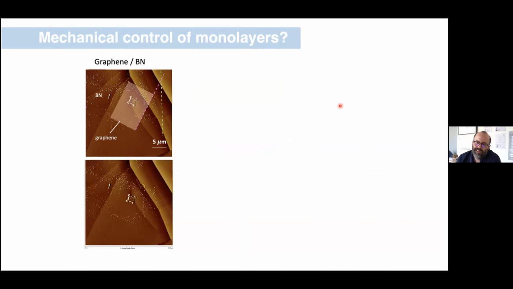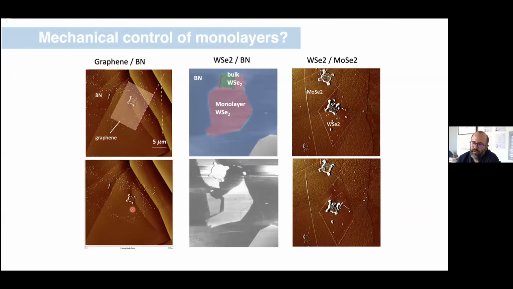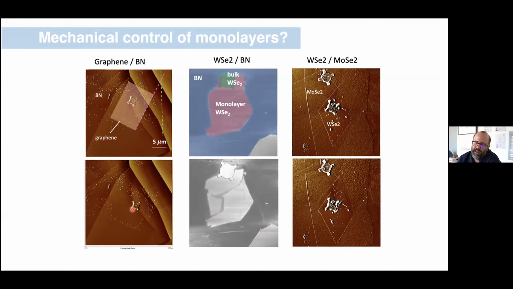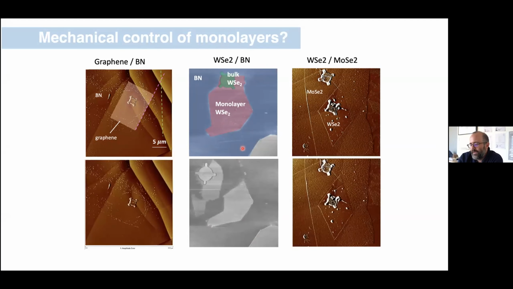Okay, here's just some highlight reels. Here's an animation of us taking this. This is monolayer graphene, and we're just moving it around on a piece of, in this case, I think it's a piece of boron nitride. We can do this also with any of the other transition metal dichalcogenides. So again, if we're going to move WSe2, we use a WSe2 bulk, etched bulk as a handle, or we can deposit metal directly in that case, or any of the other kinds of materials. And in general, friction is low, so we have the freedom to move these things around.